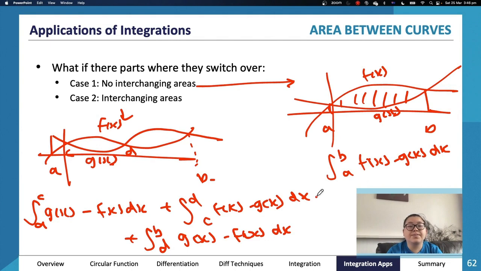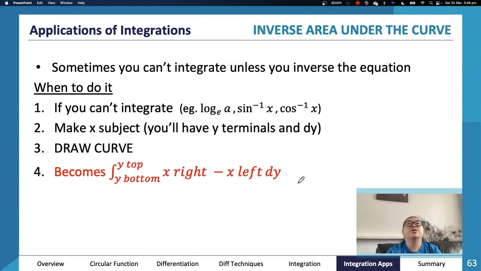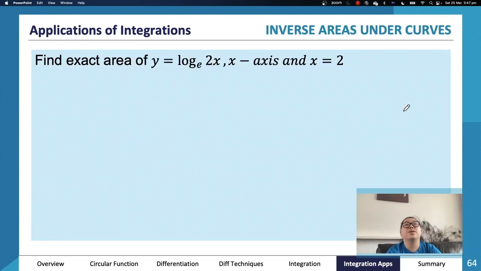Alright. Cool. So if you're finding the inverse area under the curve, what we're trying to do is differentiate using the y-axis instead. If we're working with something like a log, which doesn't have an antiderivative, what we can do is actually integrate this section instead and then make a square and subtract it from that. So it's another way that we can do it. Let's talk about it using this log. So we have a graph of log